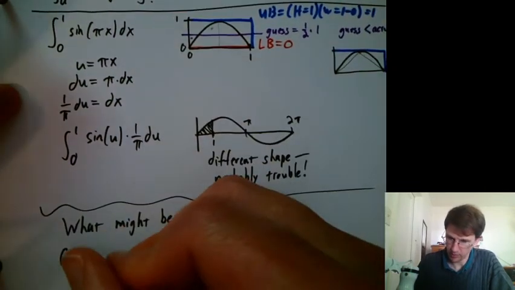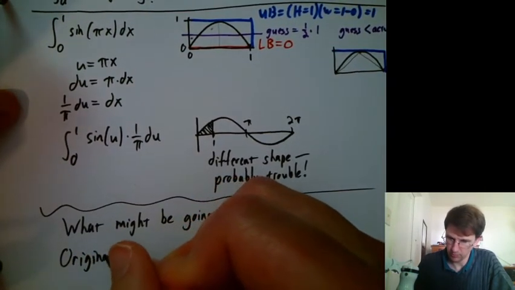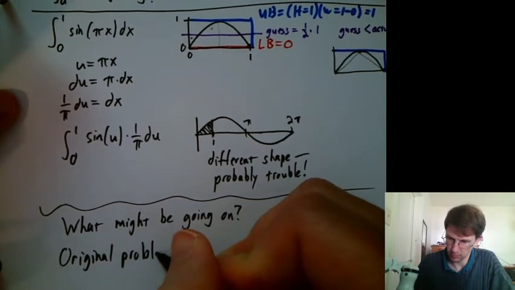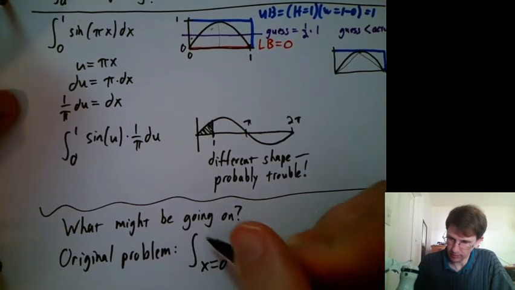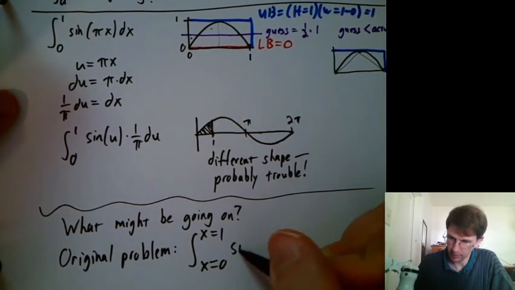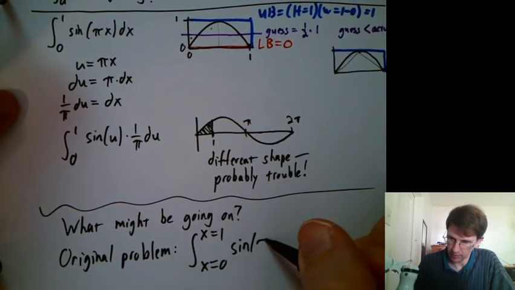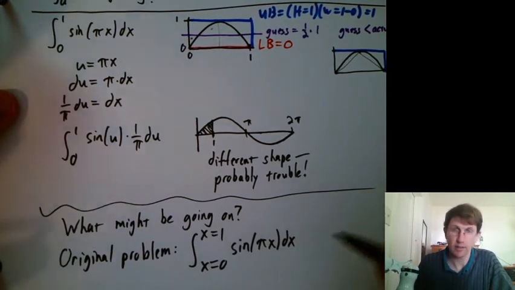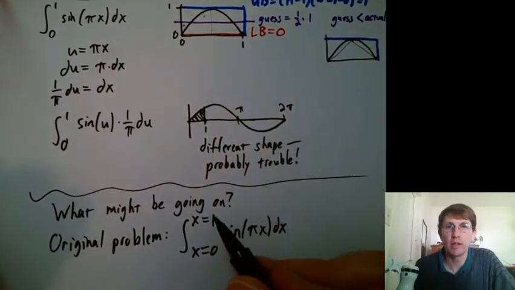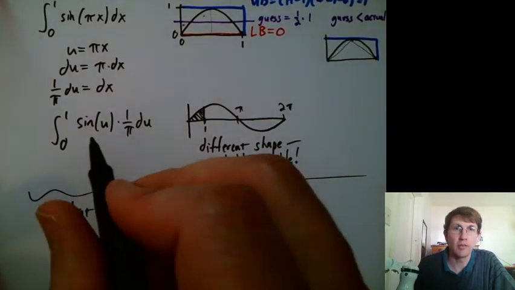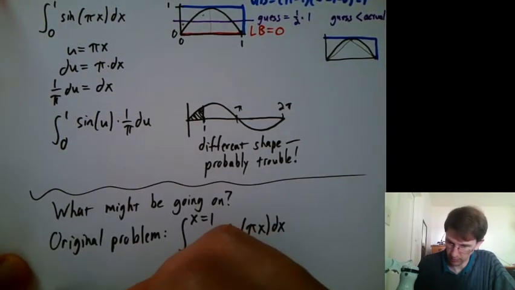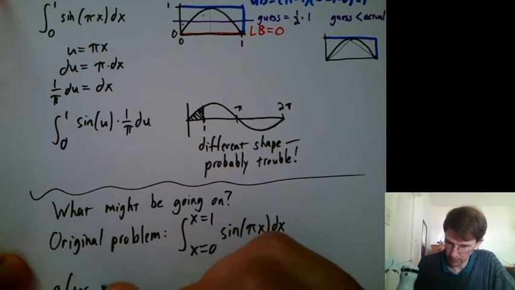Well, the original problem was basically the integral from x equals 0 to x equals 1 of sine of pi x dx. We don't typically write the variable of integration at the start and stop points, but in this case it really helps. When we transformed it, after the substitution,